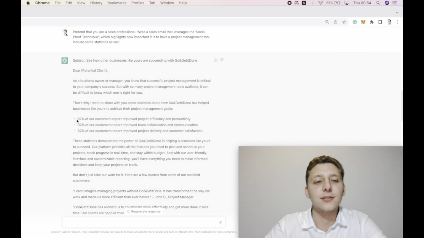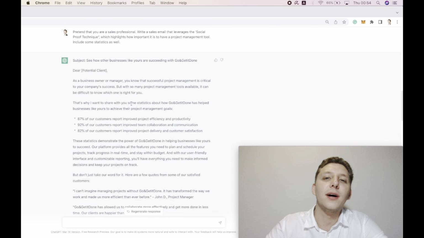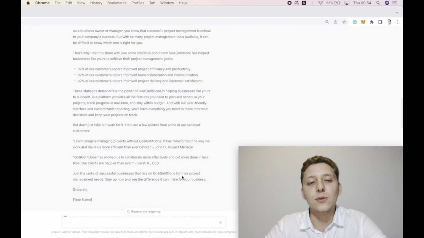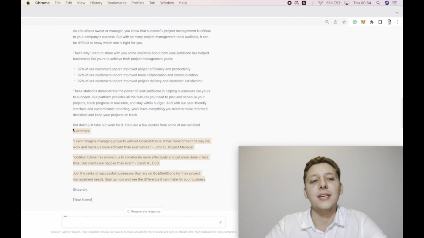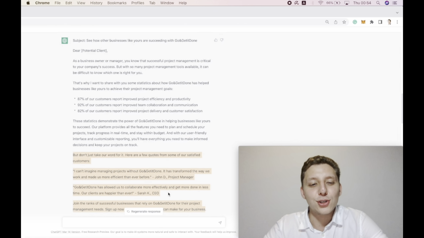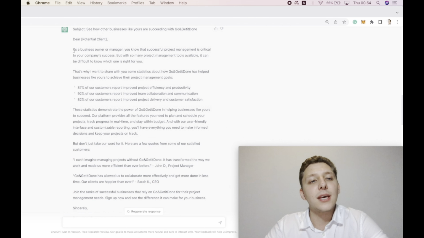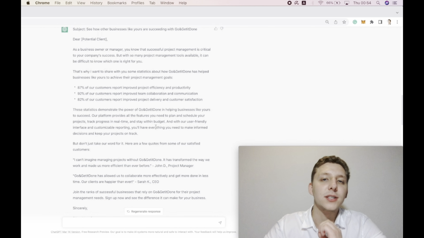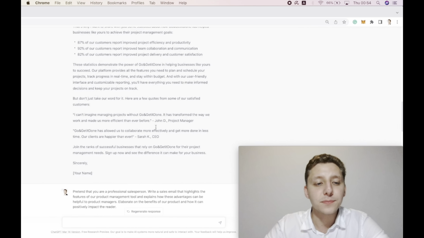Here it mentions the percentages of how the project management tool improved the work of the product managers. I would take this away, so I don't think the email needs to be that long. In reality, nobody is gonna read that much. So basically, keep this part and then maybe personalize it a bit more to fit your target customer.